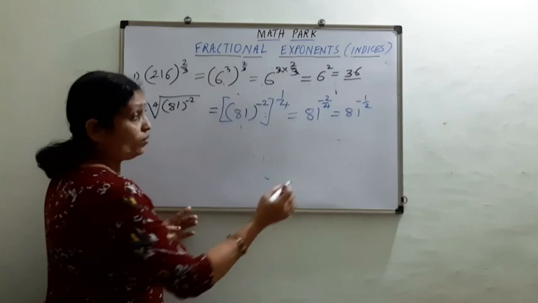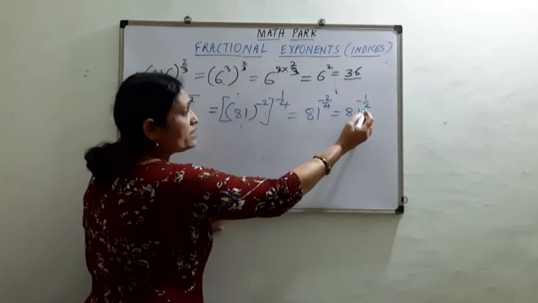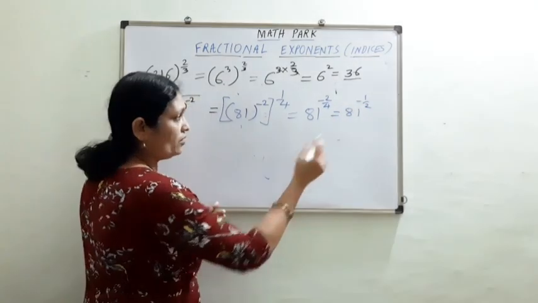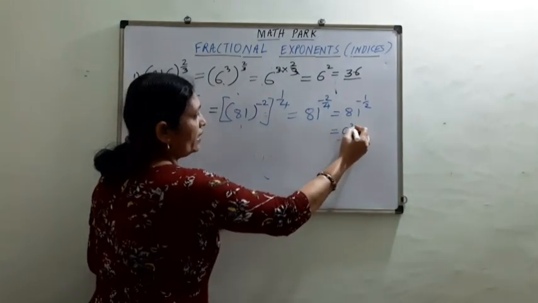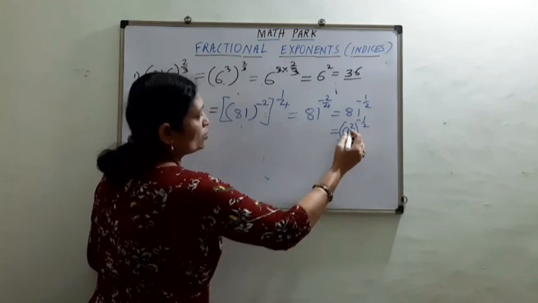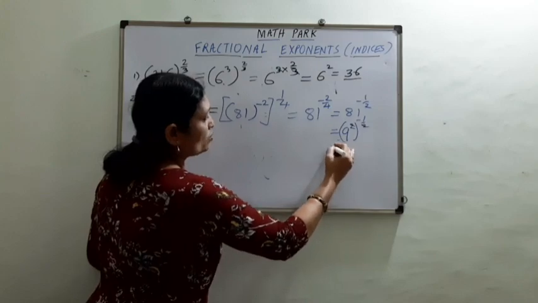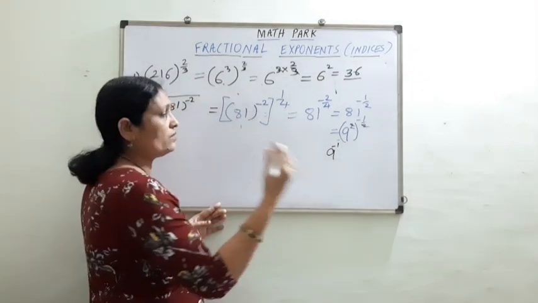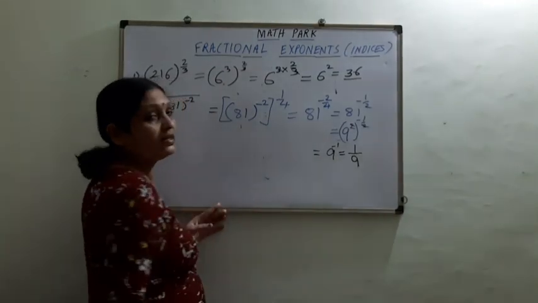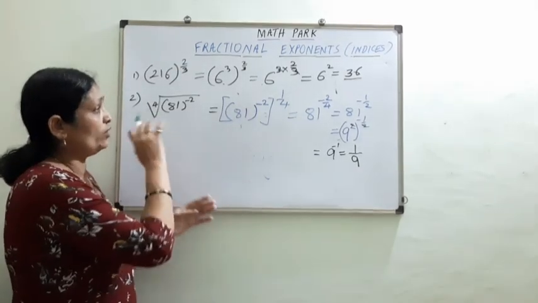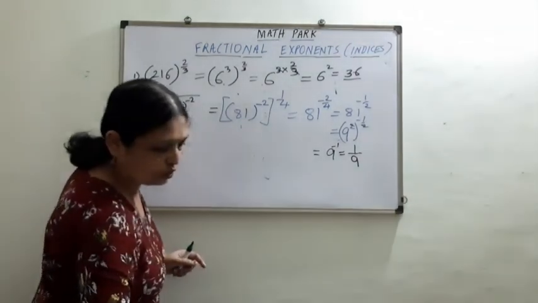Now again you look, the way we had some relation between 216 and 3, 81 must be having some second power of some number. So we know the perfect squares we have learned. So 81 can be written as 9 squared and 9 squared raised to minus 1 by 2. So this 2 and 2 gets cancelled. A raised to m raised to n is a raised to mn. We get 9 raised to minus 1. Now a raised to minus m is equal to 1 upon a raised to m. So this is how we get 1 upon 9 raised to 1, which is 9. Okay. So for understanding you can again rewind it and watch it.